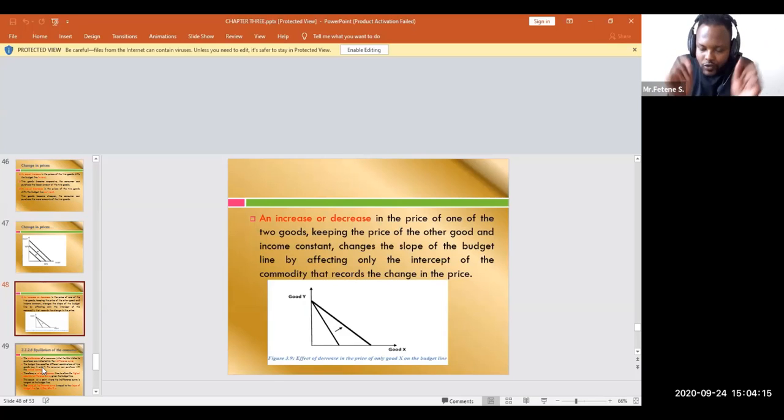Now, increasing or decreasing the price of one of the two goods. Earlier, we considered both goods equally increasing or decreasing, but in this case, increasing or decreasing the price of one of the two goods, keeping the price of the other good and income